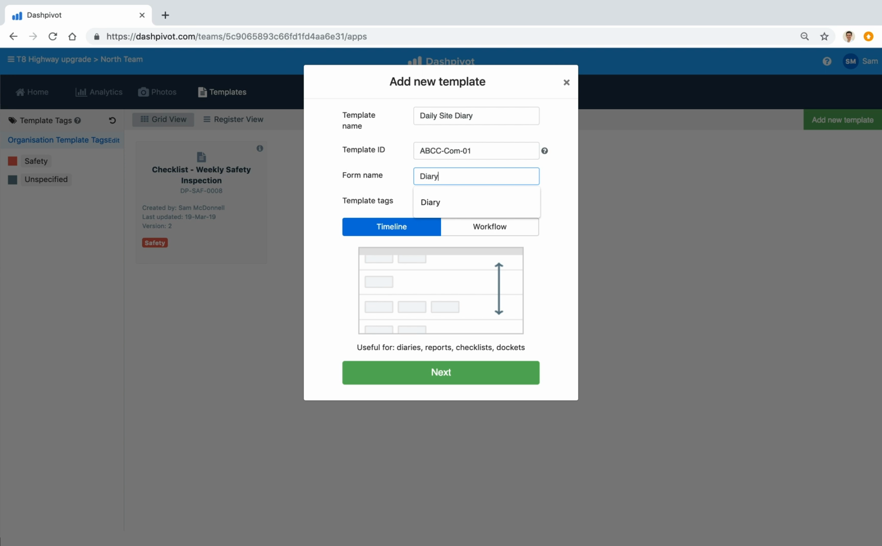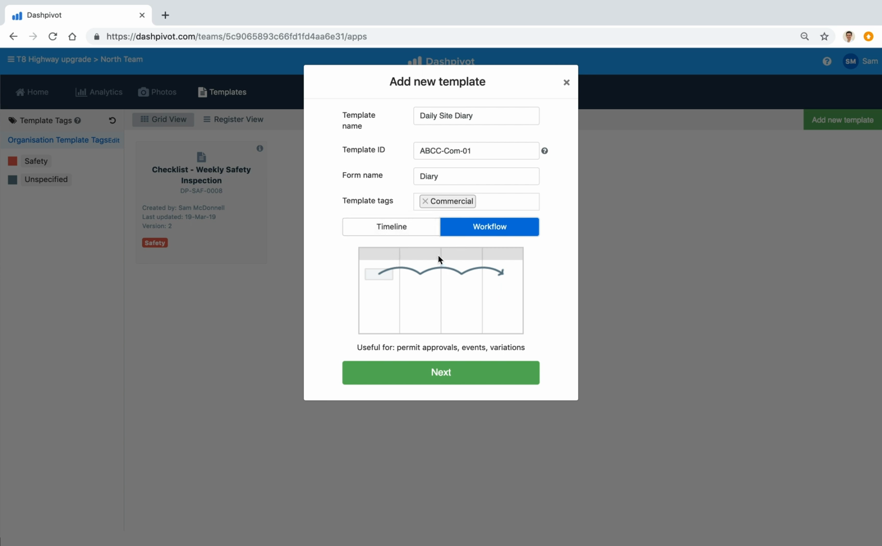Give it a form name, which would just be diary. We'll set it up tagged as a commercial template. And then we've got two options here. One's timeline, one's workflow. We've got a video that goes into the detail of the difference between these two, particularly